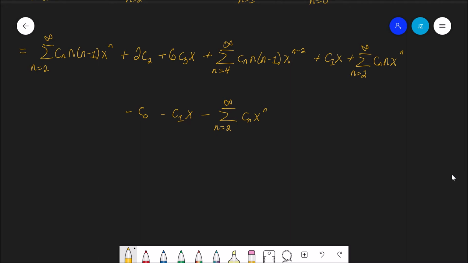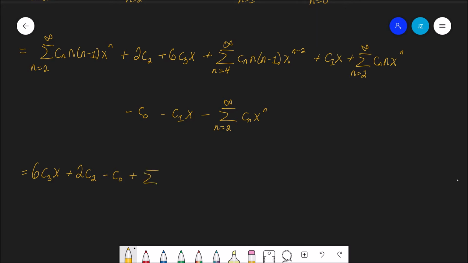So we will have 6c3x plus 2c2 minus c sub 0 plus